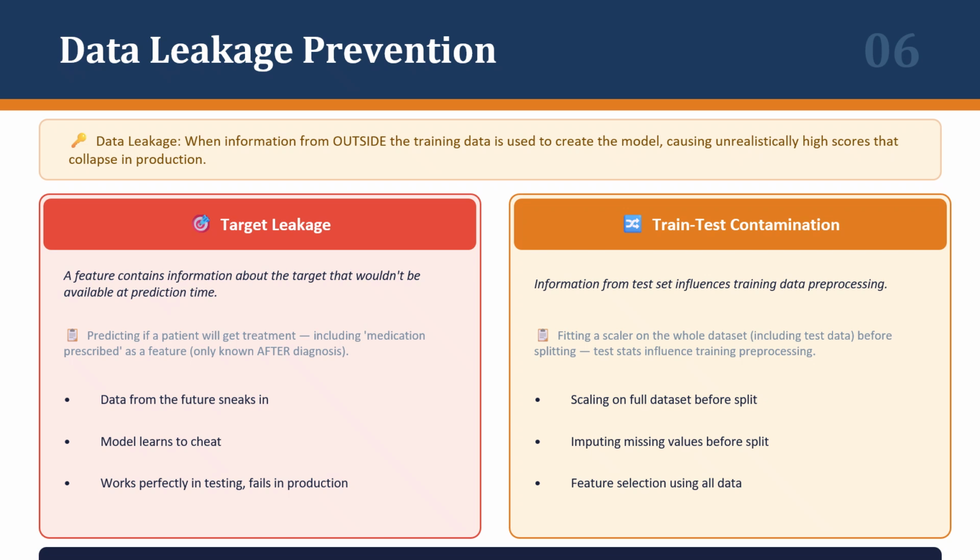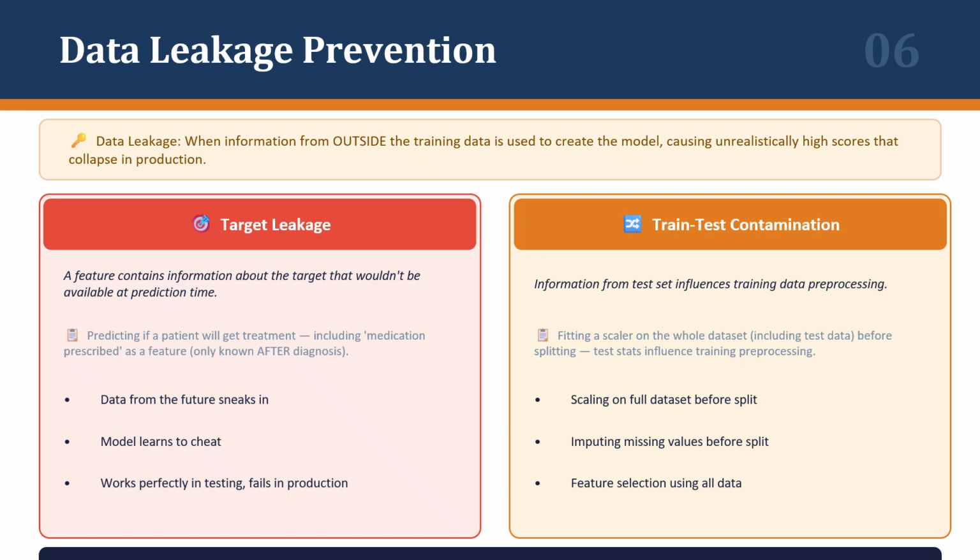Type 1 is target leakage. Example, predicting loan default. The bad approach is including collection calls made as a feature. This only happens after default. The model learns that collection calls mean default. Correct but useless in practice. At prediction time, you won't have this feature for a new loan applicant. So the rule is you have to use only features that would be available at the time of making a